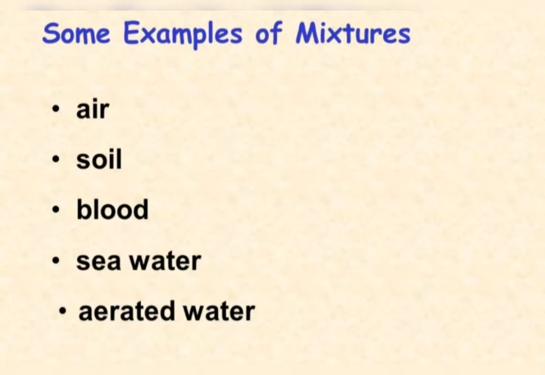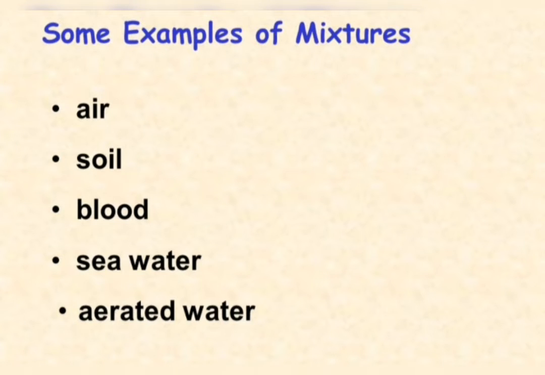We have another lot of examples, like gunpowder, that is a mixture of potassium nitrate, sulfur and charcoal. We have an alloy, that's brass. Brass is an alloy which is made of copper and zinc mixed together. In fact, all the solutions are mixtures. Either a salt solution, where we have mixed salt with water, also called brine. So sodium chloride in water, salt in water, that's also a kind of solution.